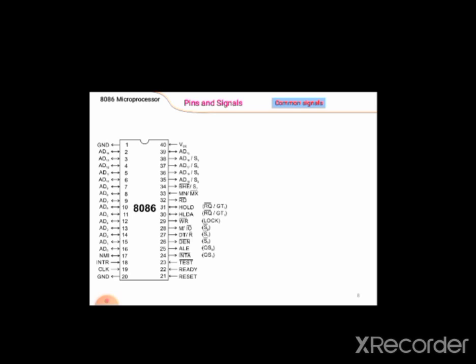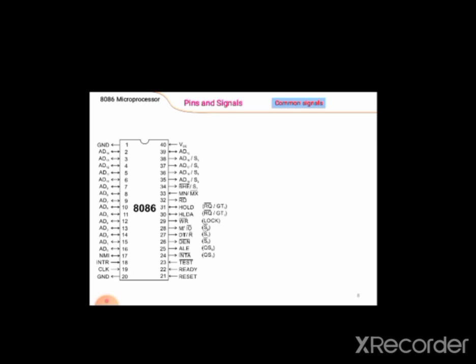So during the first clock cycle, these lines carry the lower order 16-bit address, and during the next time cycles, that is T2, T3, these lines will carry 16-bit data.